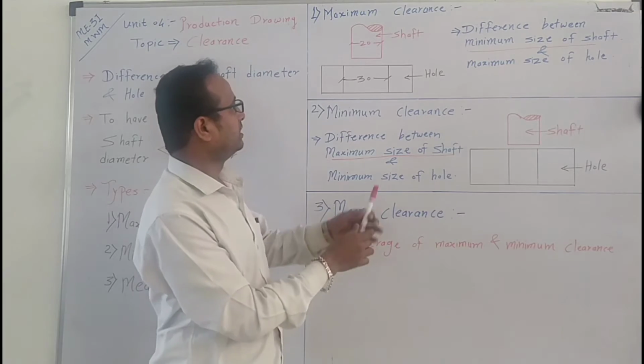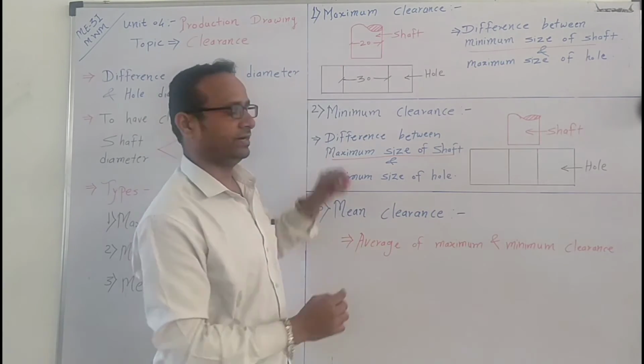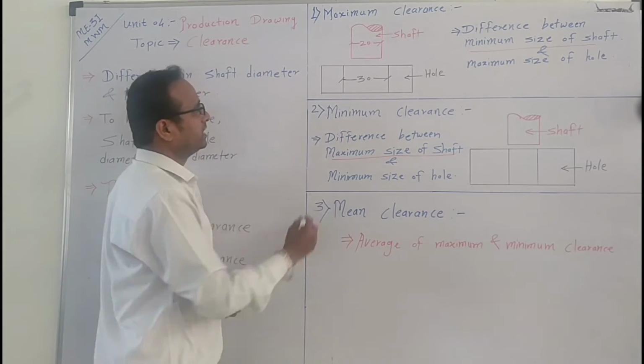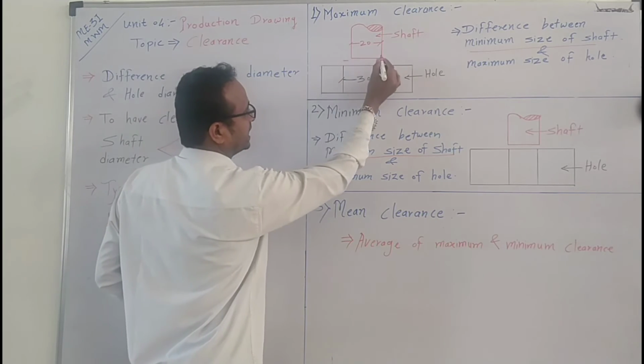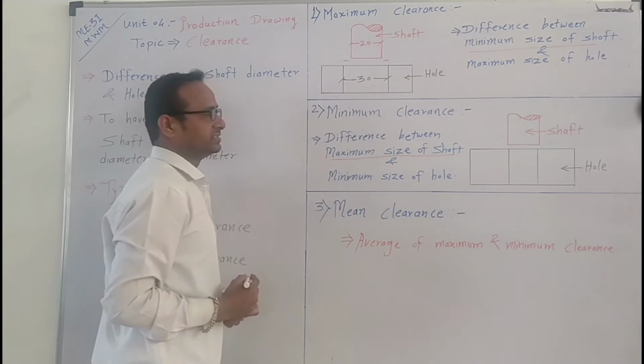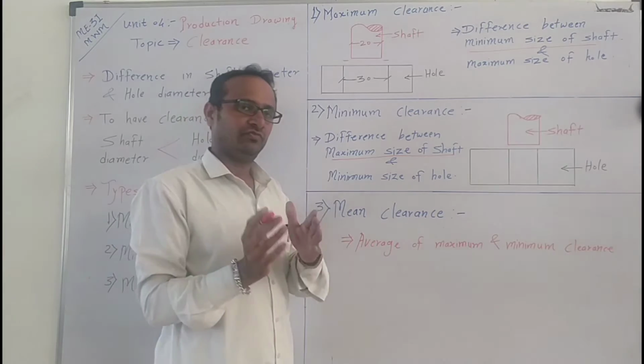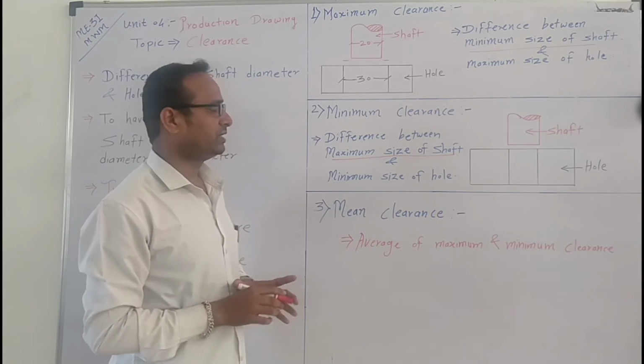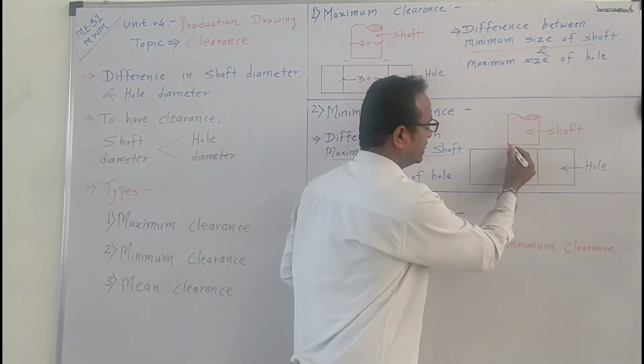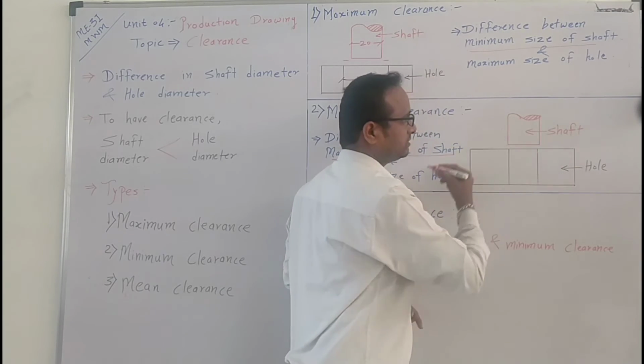Here clearance is provided. Here we can see visually the clearance of 5 mm, that is 10 mm clearance is provided. But if you see carefully this shaft diameter and hole diameter,